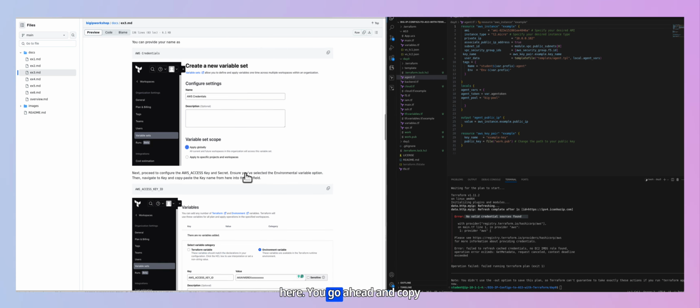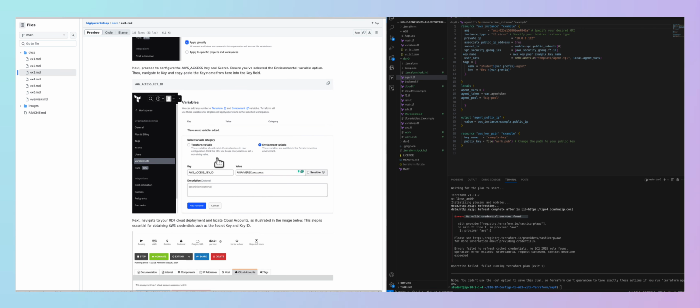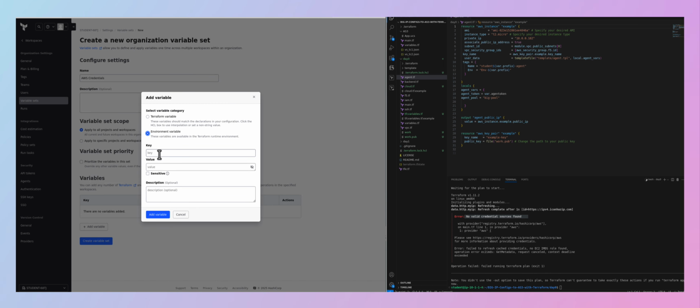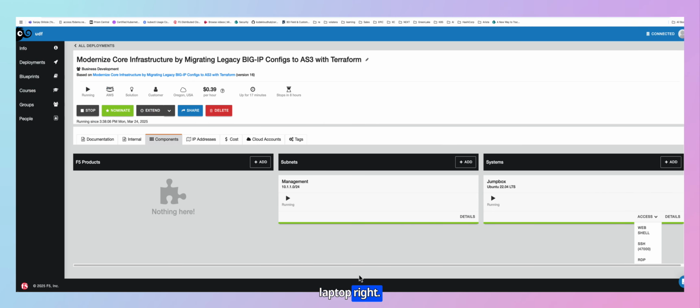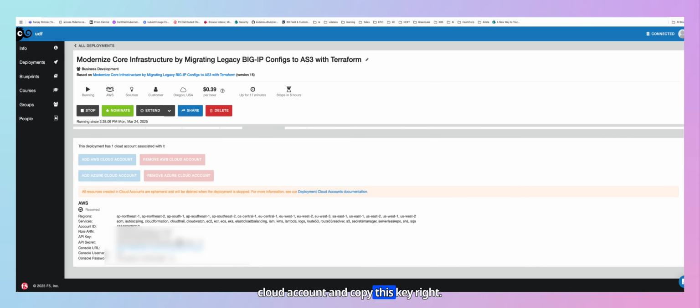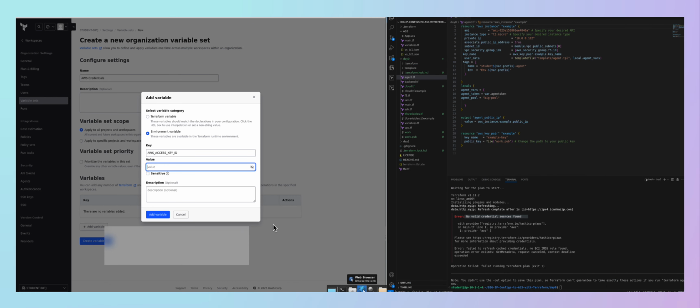Now here you go ahead and copy those keys, right? So the key name is access key. The value, you have to go to your cloud on your laptop, right? Make sure you go to your cloud account and copy this key, right? So you make sure you copy that, mark it sensitive, add to the variable,